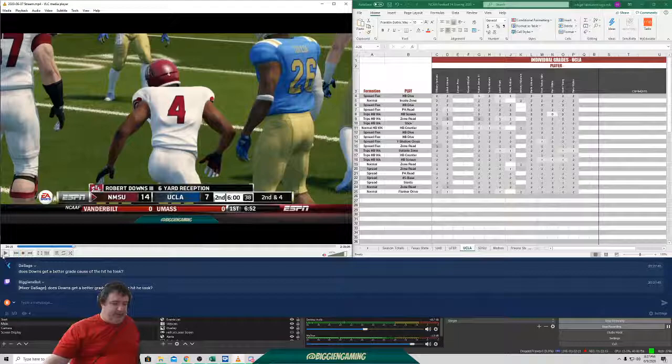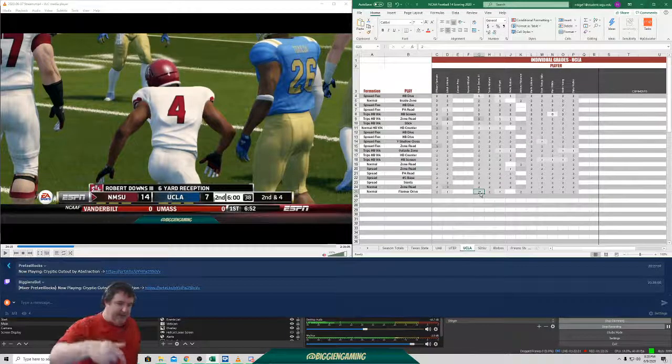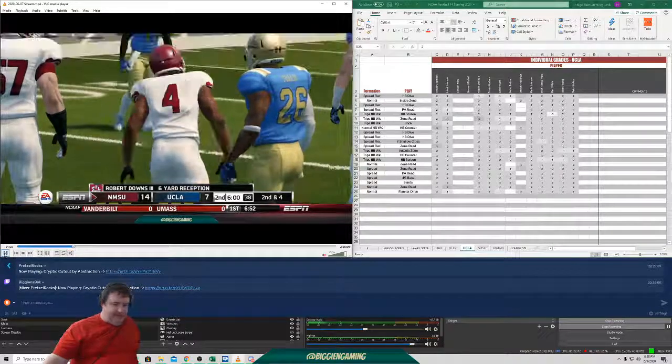We could have technically given him a better grade. Do you think he deserves a better grade? I just think it's a 2. Now if it was a first down play, and we needed it for a first down, I'd probably say yeah, I could give him a 3 there because that's a big play right when we needed it. Remember at the end of the game here where we needed a first down to kind of kick the field goal? I could see that, but I'm just gonna leave it as it is. I'm just gonna give him a 2.